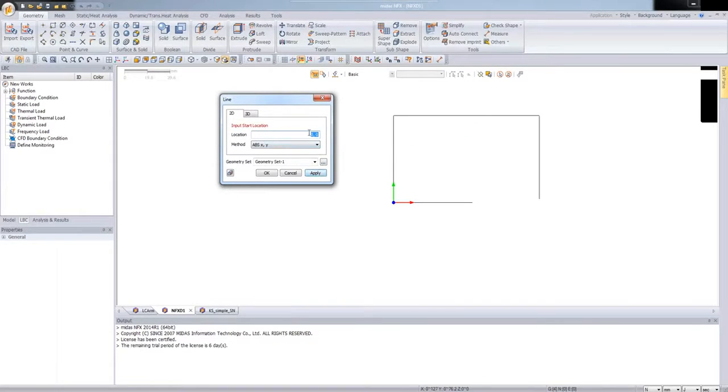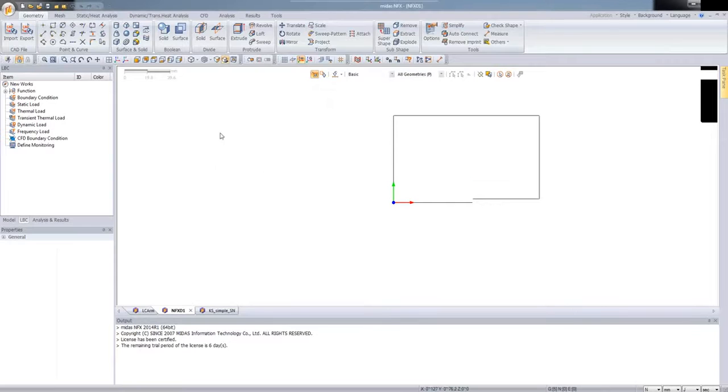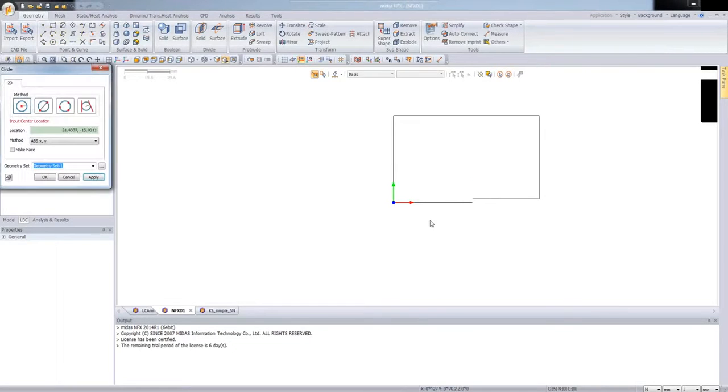Apply, and then the last horizontal line will be minus 58, for example, and 0 as the reference. Oh, excuse me. So let's start once again. So we have to start from this point, and right now it will be minus 58.0 as the relative value for the length. So I'm clicking OK. Now let's create a circle,